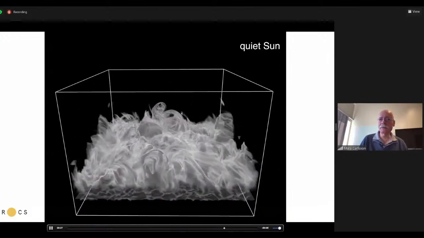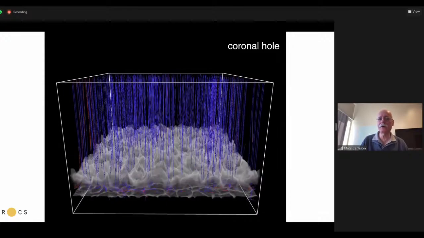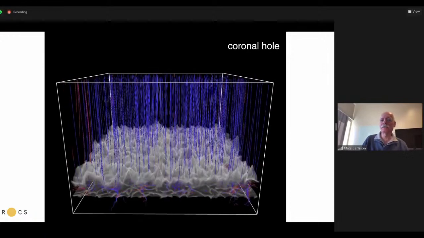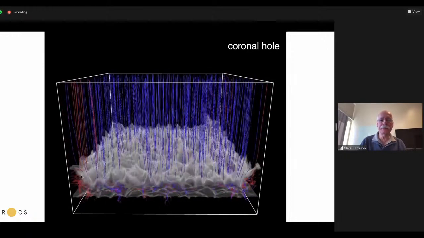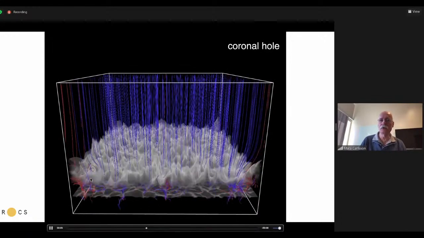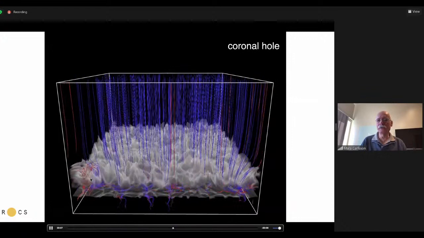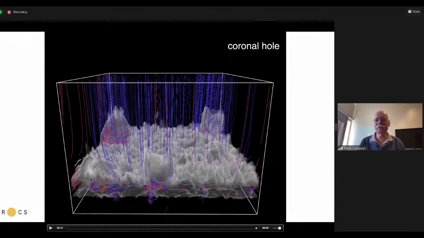But you don't need much of an unbalanced field. This is now with 2 Gauss in addition to the quiet sun. And that prevents much of this activity. But you can see that you still have some here. So it's just suppressed, but it doesn't disappear all the way. So the magnetic field structure, which is unfortunately for us a free parameter, is really important in determining what's